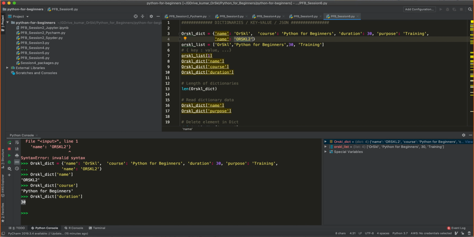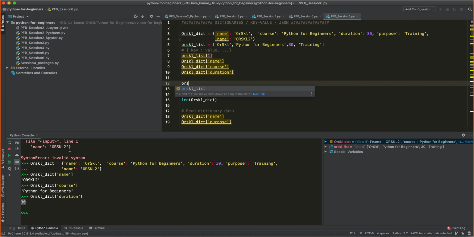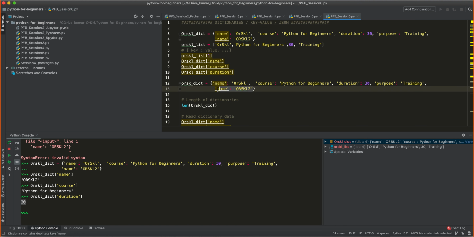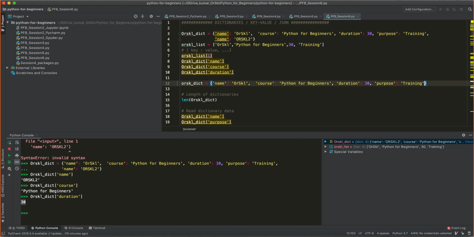And by the way, one thing that I have been missing throughout these sessions is that all the variables that you create inside the Python kernel are case sensitive. What I mean by case sensitive is, Oracle underscore dict with uppercase O is different from Oracle underscore dict with lowercase. So these are two different things. It is case sensitive. So if I have to create the same object like this, and now I'm not creating the last element, because you know why I'm saying you should not create with the same key.